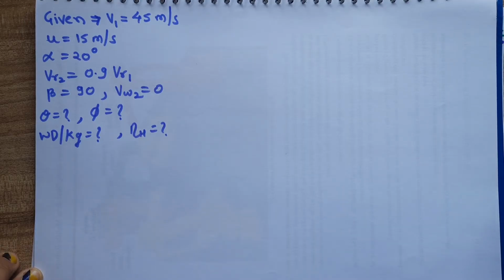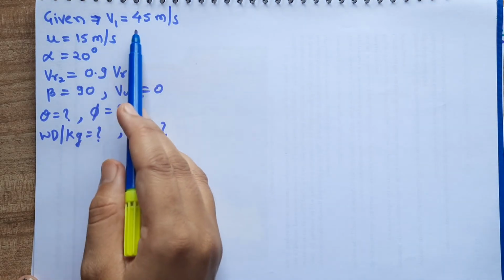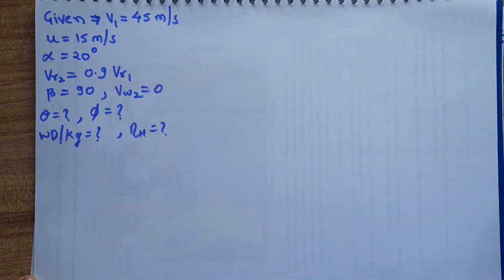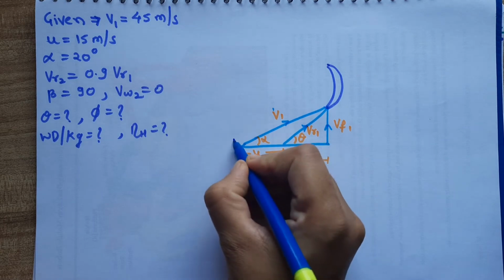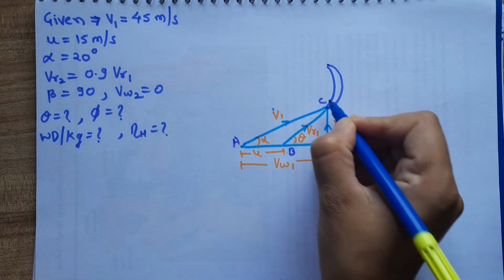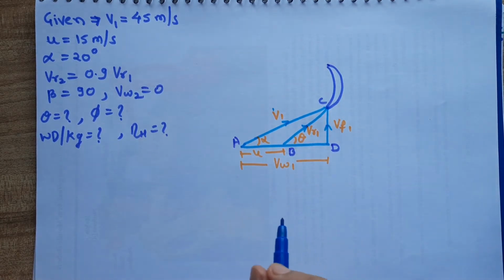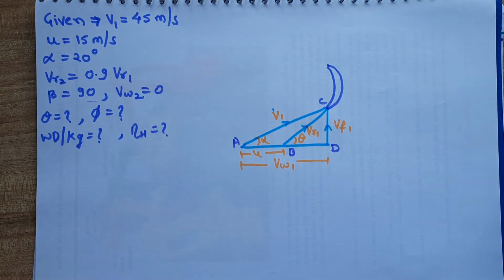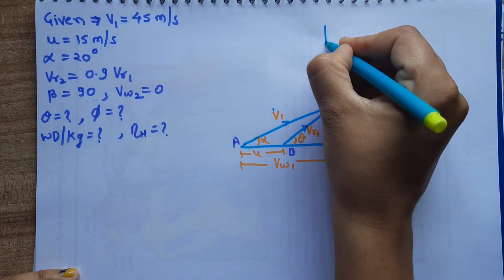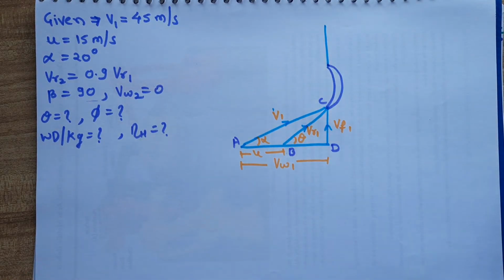Let's draw the velocity triangle for the given condition. So from here we will come to know that inlet triangle is not at all going to change. So let's draw the inlet triangle as we usually draw. So this is what the inlet velocity triangle. Now about the outlet velocity triangle. Here we know that beta is equal to 90 degree. So this is what our V2.